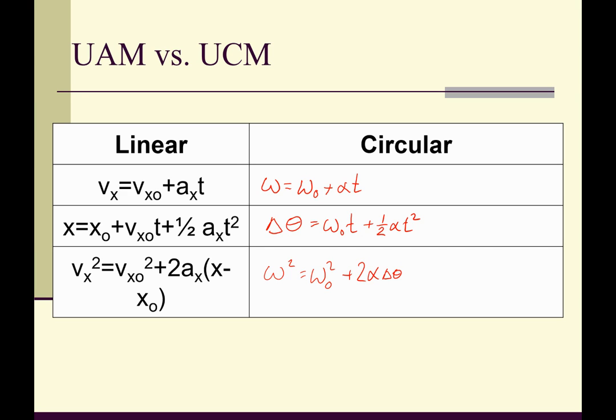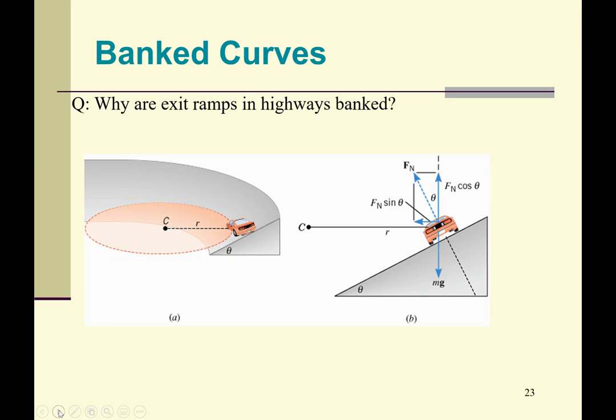Okay, so you'll see here we have velocity, here we have omega, here we have velocity initial, omega initial, acceleration, alpha, or our angular acceleration, and then time. So I'm just translating our variables. Okay. Now, moving on to another topic that I feel like I didn't discuss last week,